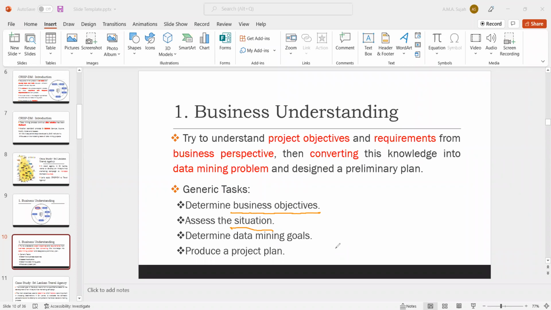In Sri Lanka nowadays, very few people visit as tourists. So if you do this type of project nowadays, you can't get accurate results. You need to assess the situation. Whenever you start a project, you need to assess whether you can apply this type of project now, and whether it's suitable.